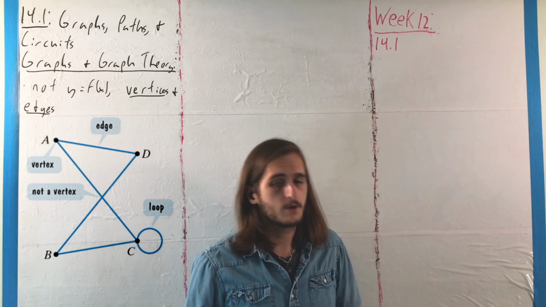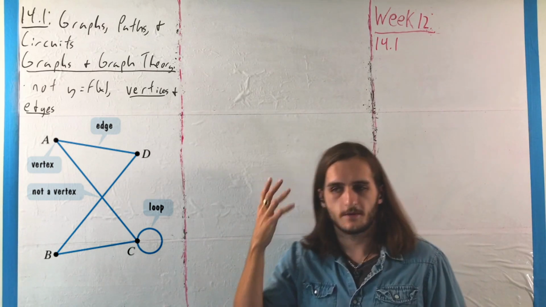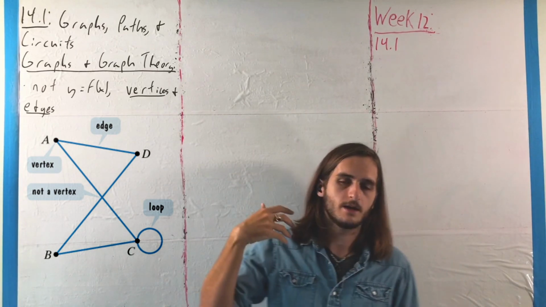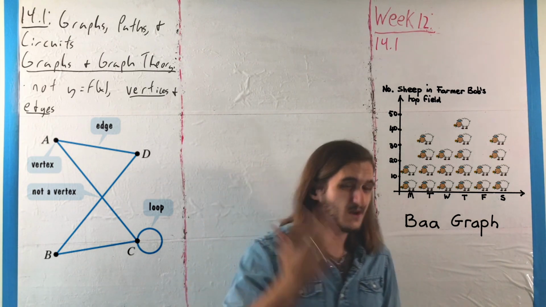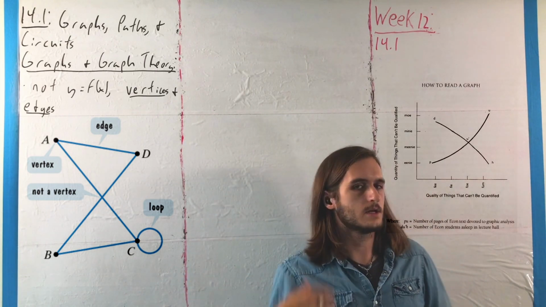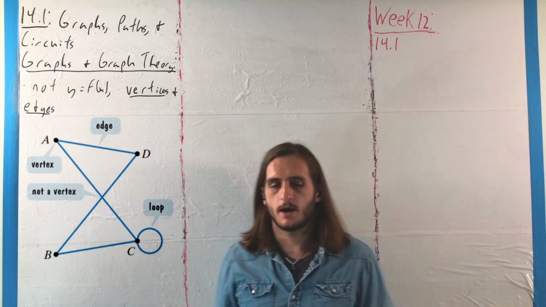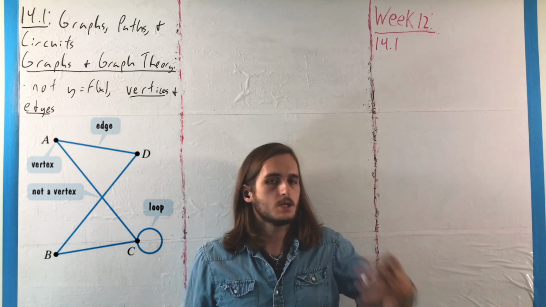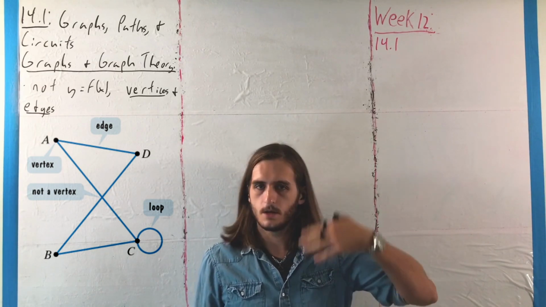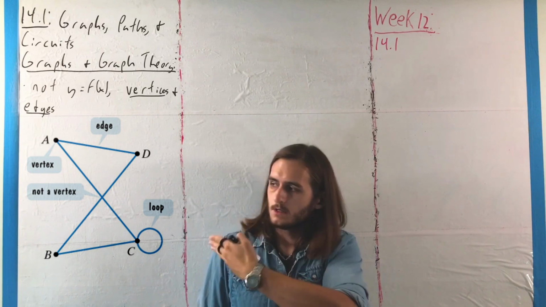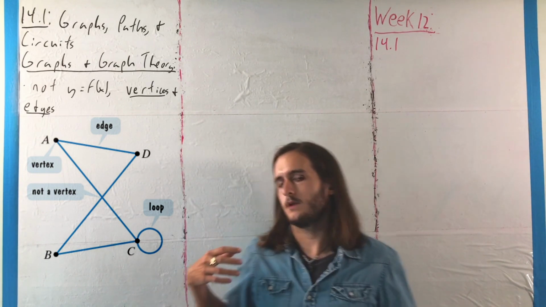I will point out here, just to be sure, that this type of thing is not necessarily the sort of thing that probably comes to mind when you think of a graph in math. Something like a bar graph or the graph of a function, that's not really what we're looking at here. That's not the sort of relationship we're trying to discuss here, though we do use graphs to talk about any sort of pairwise connection between points, people, any sort of model that is represented in this way,